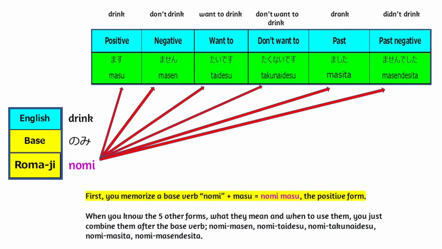Base verb for drink is 飲み, so you memorize ます form first. 飲みます。Later, you can practice other 5 forms. 飲みません。飲みたいです。飲みたくないです。飲みました。飲みませんでした。